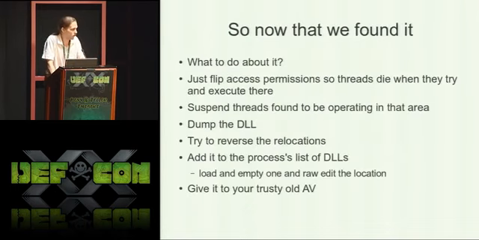So now that we found it, what do we do about it? Well, you could just flip access permissions so that threads that try to execute there get an access violation and die. That could be a very serious problem with false positives if you had a false positive in some system service, which would be very bad. You could also suspend threads found to be operating there, but if you wanted to do that, since threads don't have attribution, you'd have to do